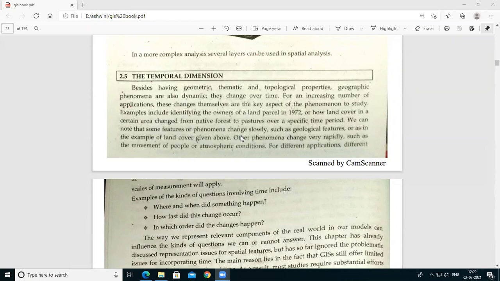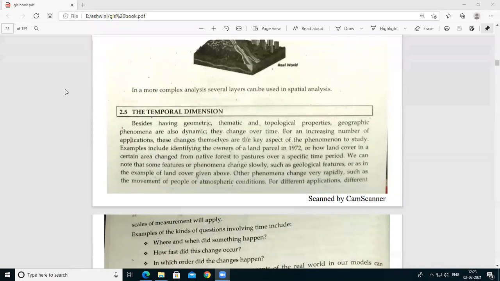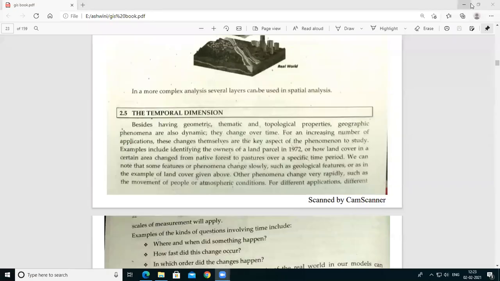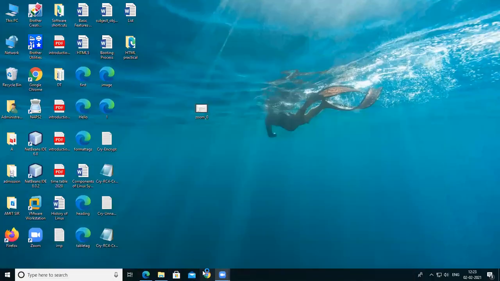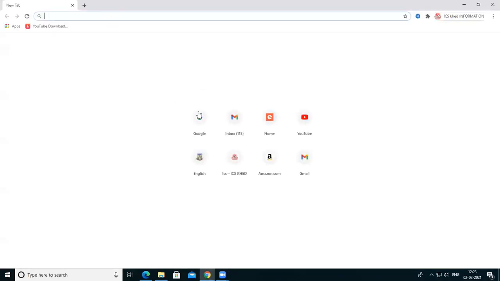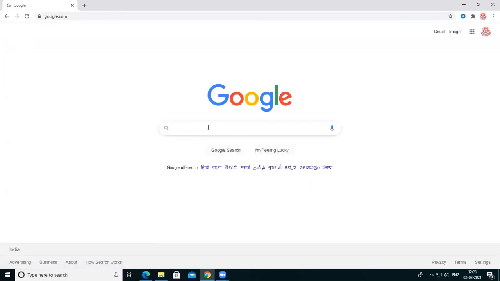Okay, काही असा एरिया असेल की तो टाइम वरती चेंज होत असतो. Okay, change over the time, so there is a need to implement that particular scale of measurement in a graph. So for that temporal dimensions are used. Okay, so suppose you want to check a weather map. Okay, so that map is changing over time.